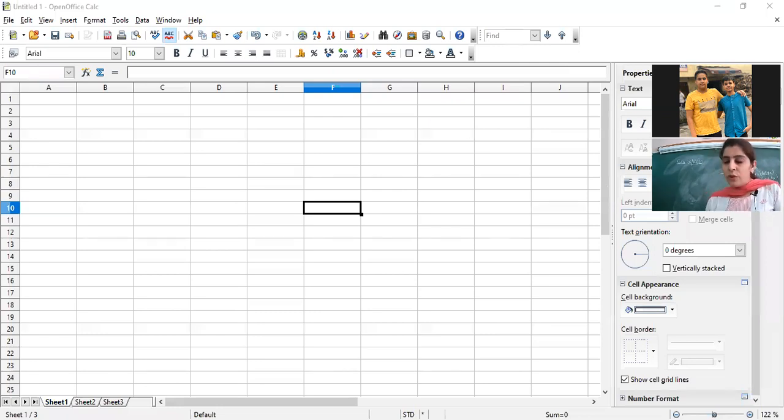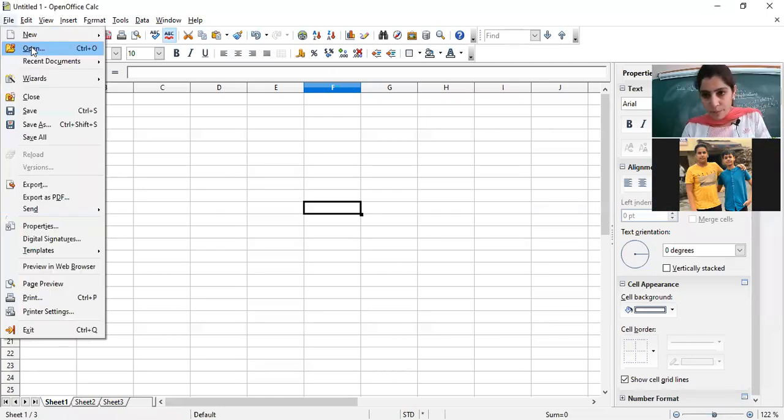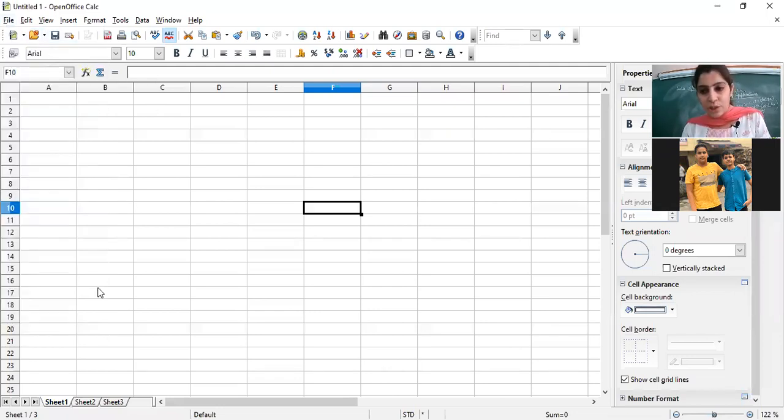Okay. So for opening any document, the shortcut key is Control plus O. The second method is the File menu, Open option. The third method is the Open button on the standard toolbar. So there are three methods for opening an existing worksheet. You need to locate where you have saved your worksheet.